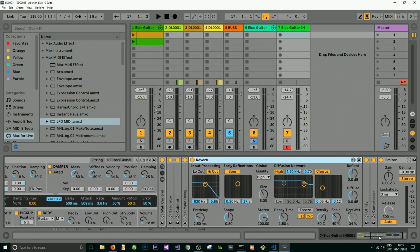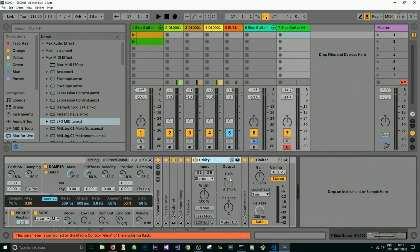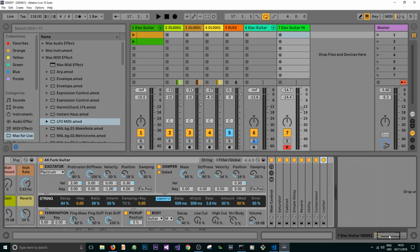This is just a standard Ableton Live reverb, size 5, decay time 1.5 seconds. Dry/wet mapped to the macro control, and I think everything else is pretty much default settings. Utility just to adjust the volume a bit, and a compressor, which might make a bit of difference for you. Limiter, of course, right. So that's the basic